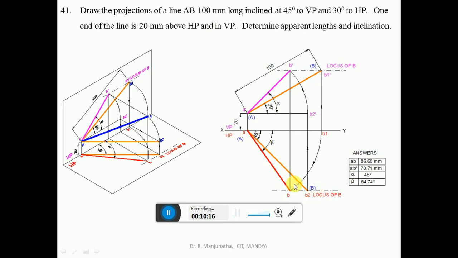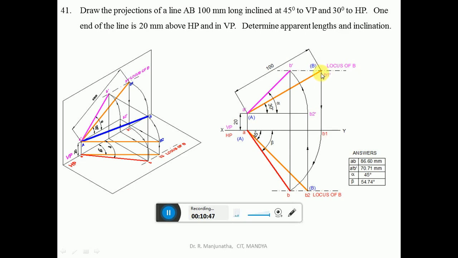So now we need to draw the front view and top view. Since it is B1 dash, we will start from B1 dash. Since it is the true length in VP, obviously the line has to be parallel to VP. So a line parallel to VP is seen in true shape in HP, so you are going to consider the HP, that is the top view. A is in VP, obviously the image is on HP. So naturally if it is parallel, both A and B1 should be on the same line. So B1 should also be on VP.